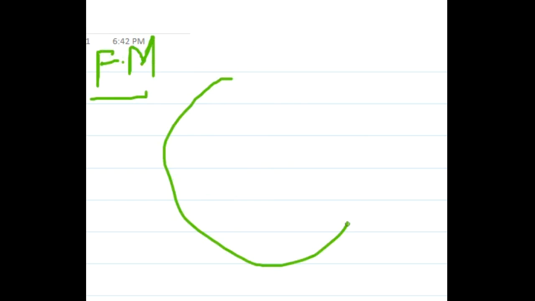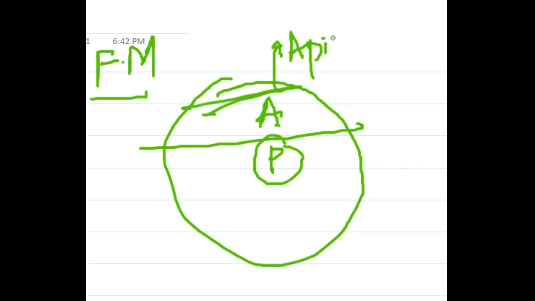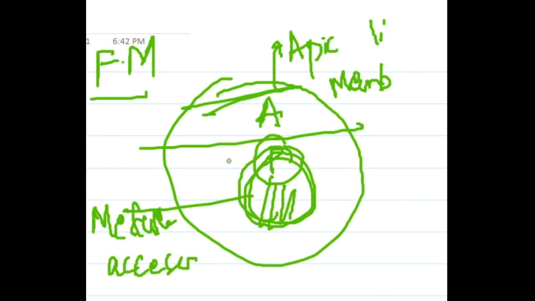Then we have the foramen magnum. In the foramen magnum we have an anterior part and a posterior part. Through the anterior part, the apical ligament of dens and membrana tectoria pass, whereas through the posterior part, first and foremost you will see the medulla oblongata and the spinal roots of the accessory nerve. The vertebral arteries pass through it, and the anterior spinal artery and two posterior spinal arteries also pass through the foramen magnum.